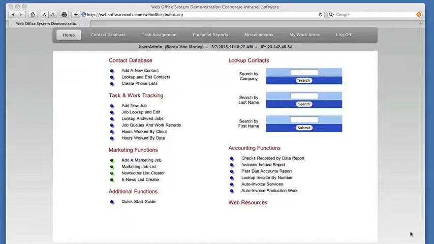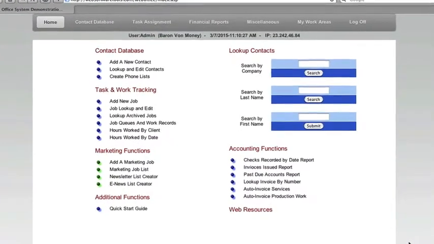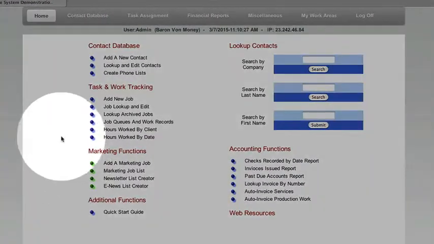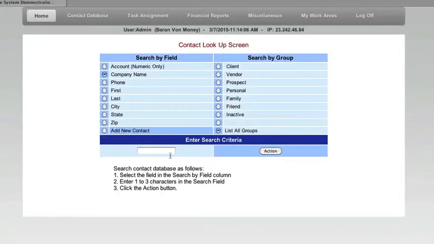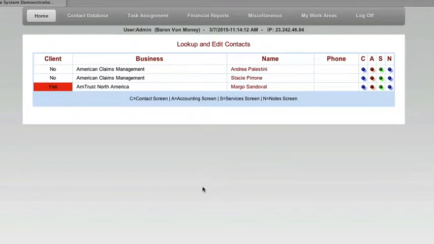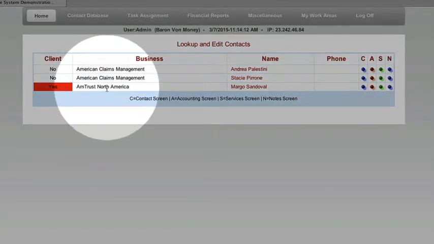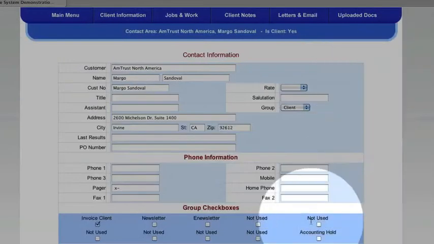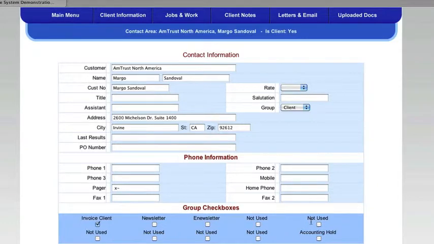Well, with Web Office System, this is what you'd do. First of all, you'd open up to your main menu, and then you'd go to look up and edit contacts. Now he's working with AM Trust, so you put in AM here, and here it is right here. So you get their contact screen. So now you're looking at that